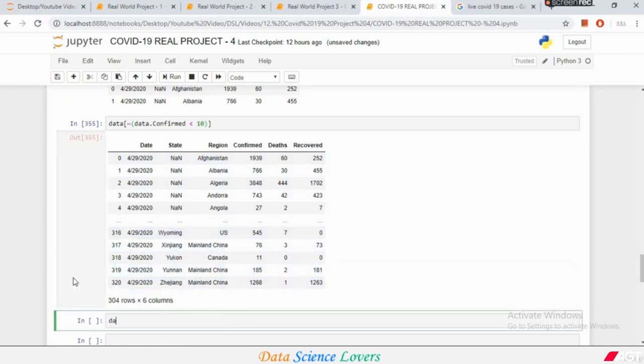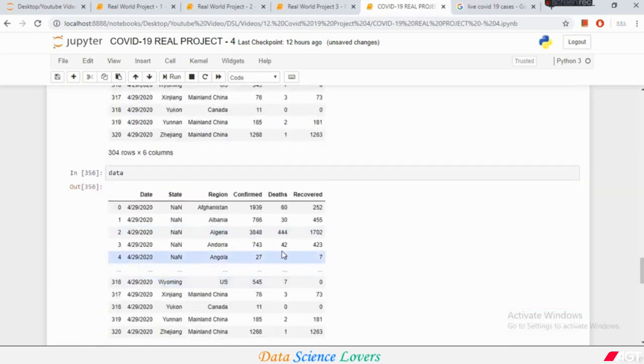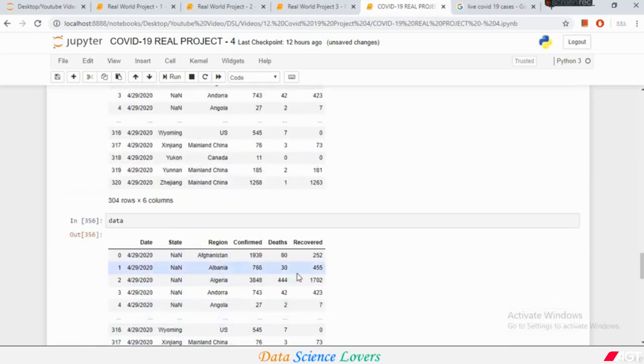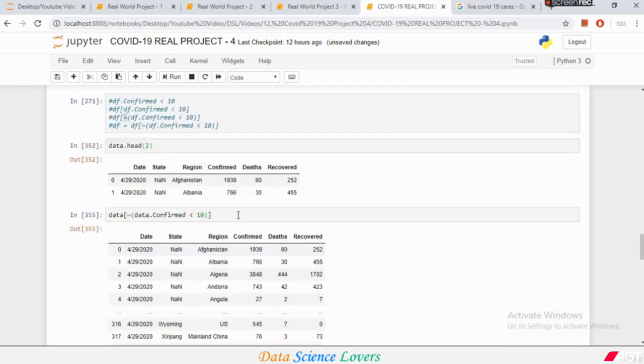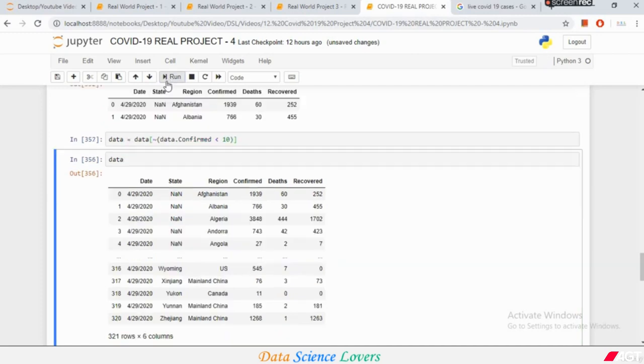But if I run our data here, then you can see that the records are still present. So to make the changes permanent, we will simply write our data frame name here and an equal to sign, meaning all these changes are made in our data frame. If I run this, the command has been successfully run, and if I have a look at our data again,